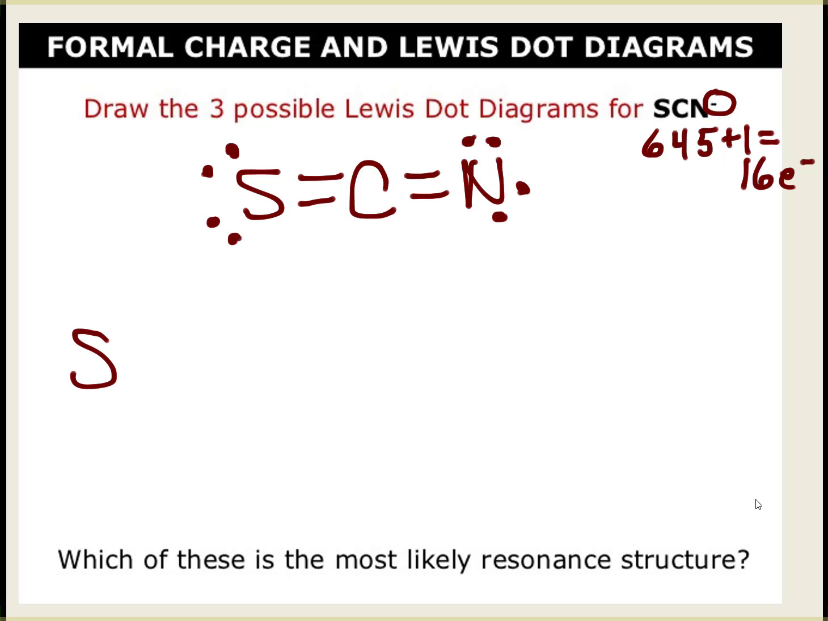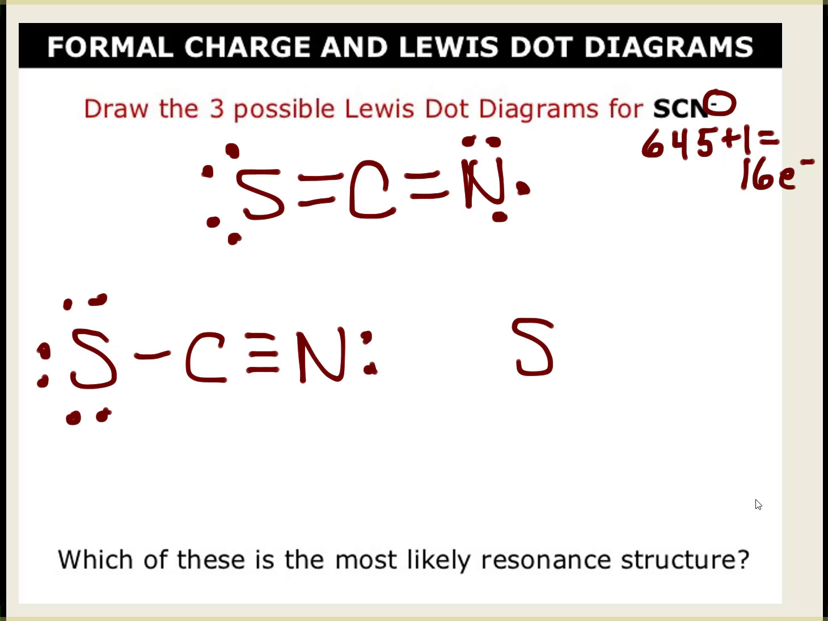Let's figure out a different way to draw this. So I'm going to do a single bond on this side and a triple bond on this side, and then just make sure there's an octet on that. And then on this other one, I'm going to do a triple bond on this side and a single bond on this side. All right, so now that I've got them drawn and every carbon has 4 bonds and everything has 8,